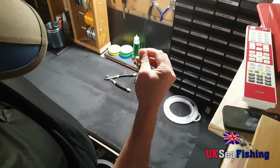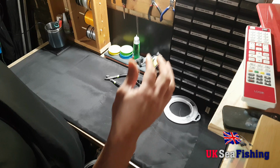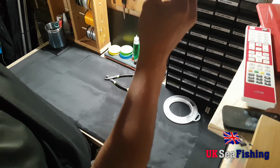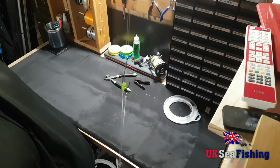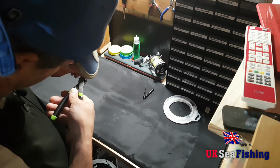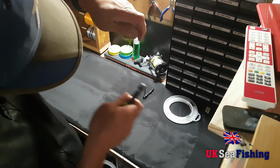Clip that one over the Cascade Swivel, which is like that, and then run your fingers up, and then you just want to crimp that in position as well. Again, not overly tight, just tight enough so it just grips in place on the Cascade Swivel, and then you can crimp that one off as well. And then you can just finally crimp the top one,